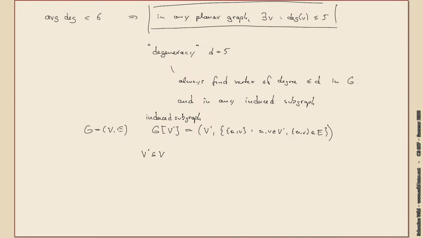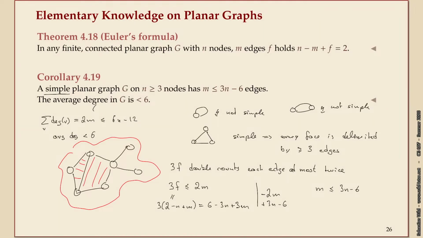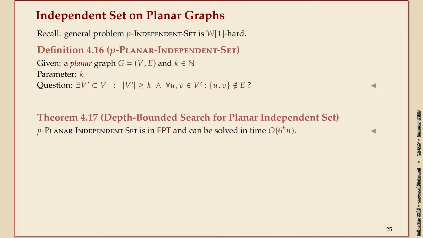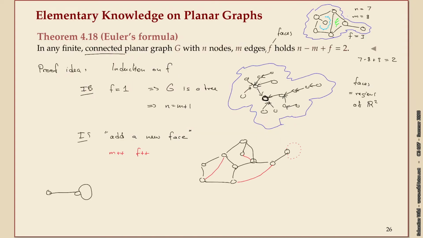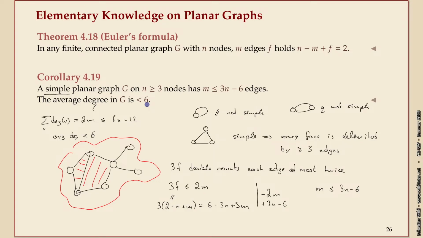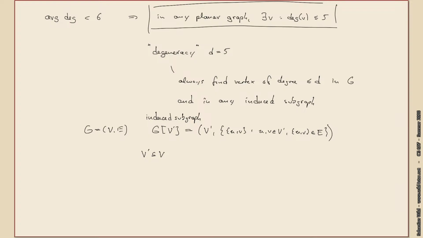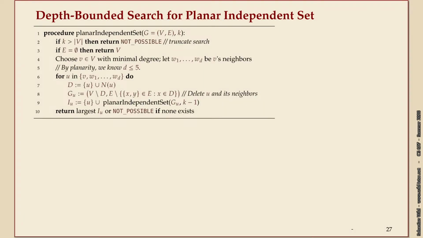Maybe you also have a feeling now how this independent set algorithm could work. Let me just go back to the claim that we had a while ago. The claim was, if I have a planar graph, I can find independent sets with that running time, 6 to the k times n. Now, this constant 6 popped up here as a bound on the degree or the degeneracy. So maybe this is not so far away. And indeed, the idea is for independent set,